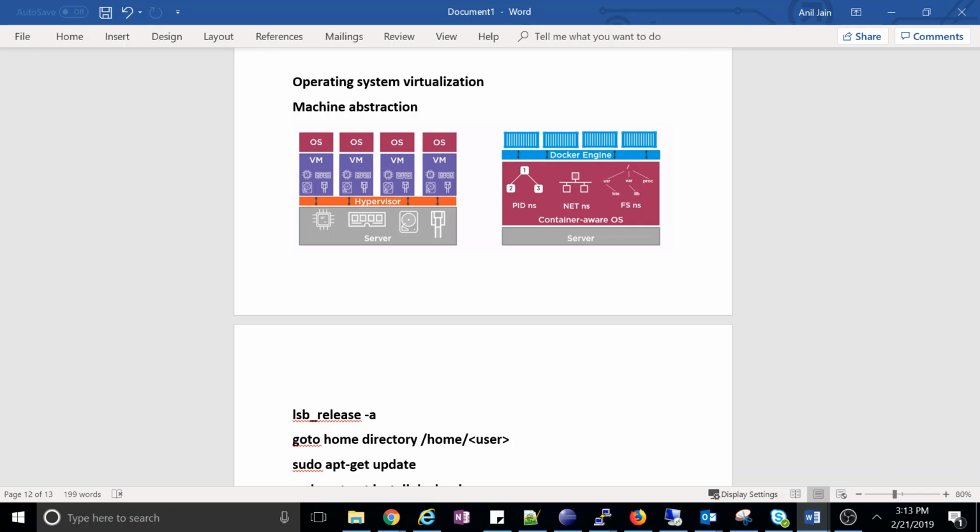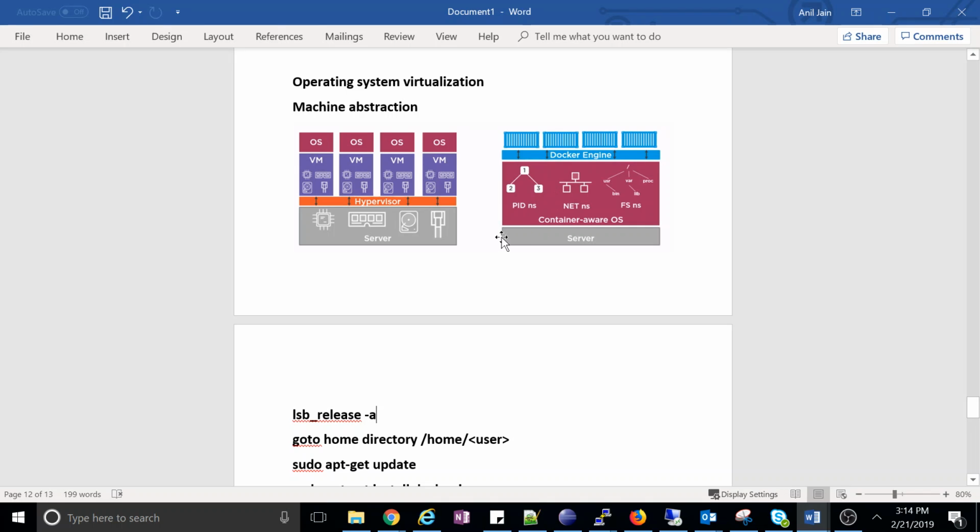To brief about what Docker is: Docker is an engine which enables us to create containers, called Docker containers. See, for a virtual machine, on a server we put a hypervisor and on top of that we create virtual machines, and these virtual machines use virtual resources like virtual disk, virtual CPU and all these things, and on top of that we install our OS and run the apps. Now in